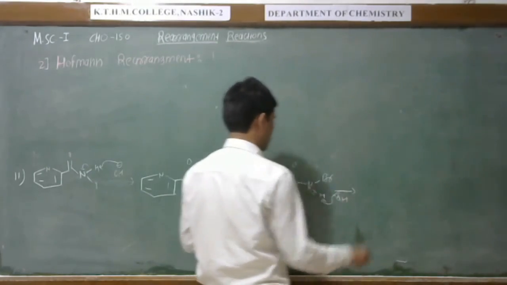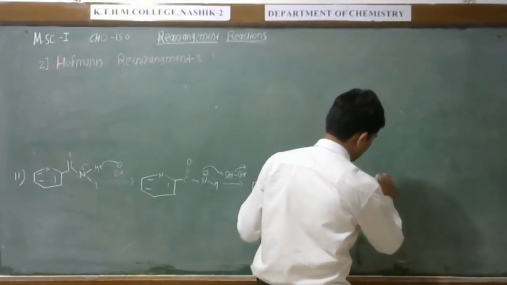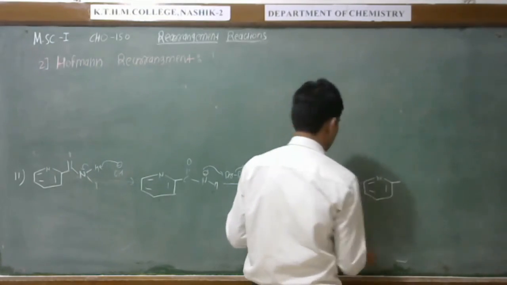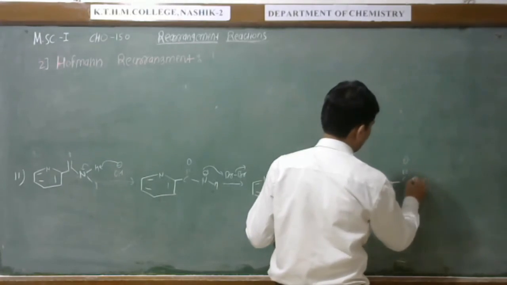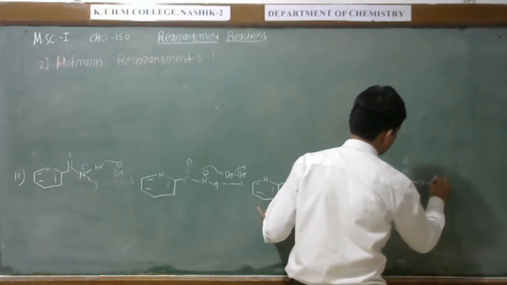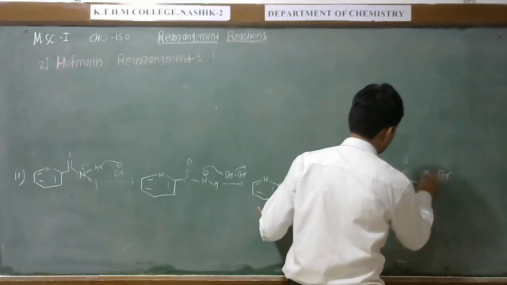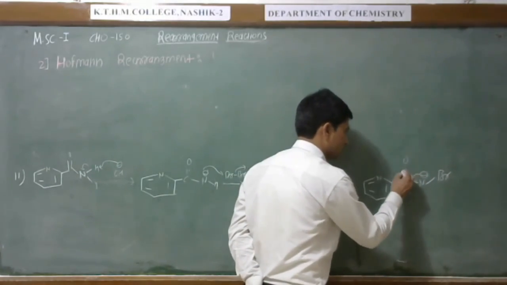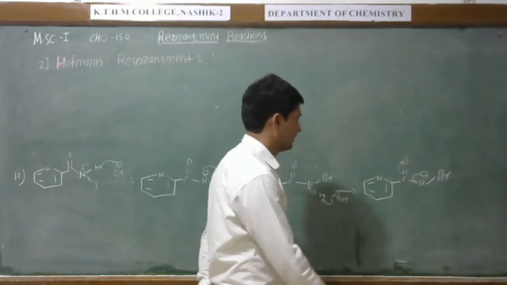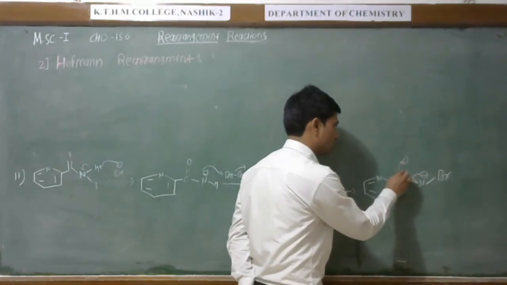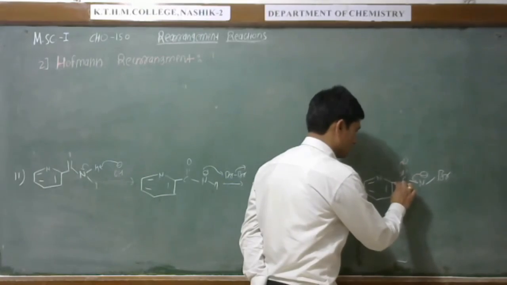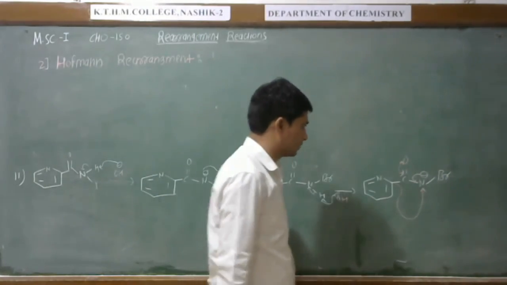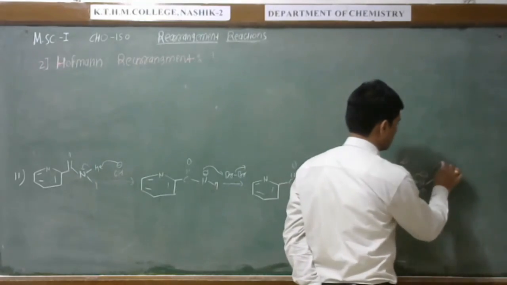There will be formation of negative charge. This negative charge will be written in such a way. See, this is the double bond, this is nitrogen here, this is the bromine here, and this is the negative charge. Now this negative charge makes here a double bond. This bond will open, and again this bond will form here, and this pyridine will migrate to the nitrogen from carbon. This bromine will be removed,